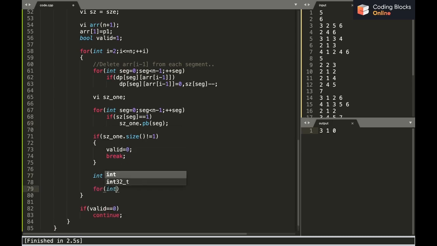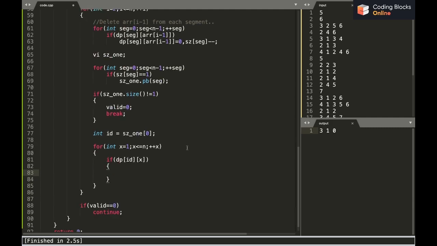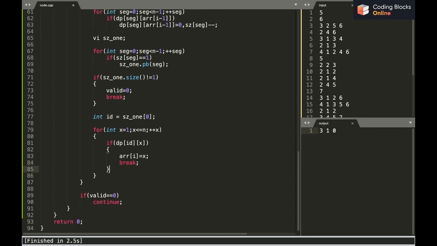Now I'll see which element is present in this segment. x equals 1, x is less than or equal to n, plus x. If dp of id x, then this is the element which is present in this segment. I'll say ARR[i] equals x, then simply break. Now by this point the i index has been set.